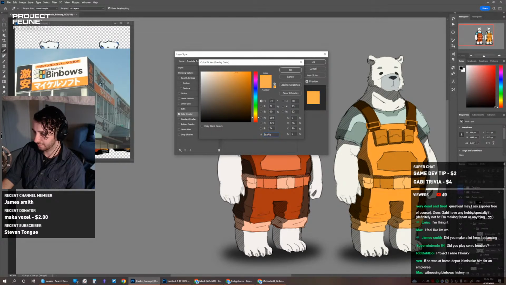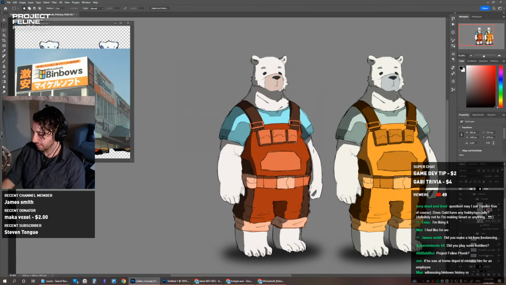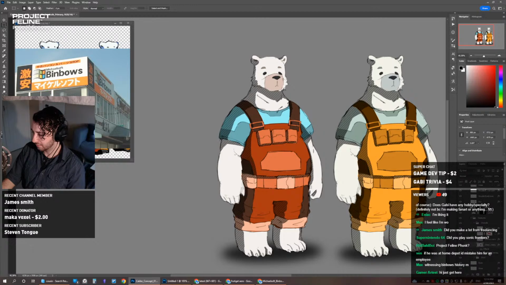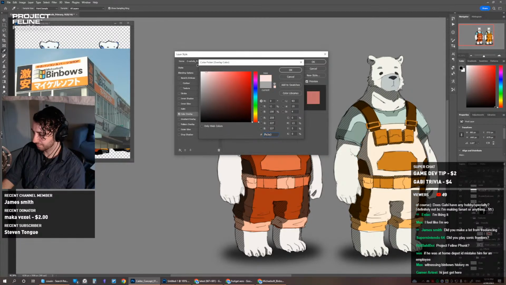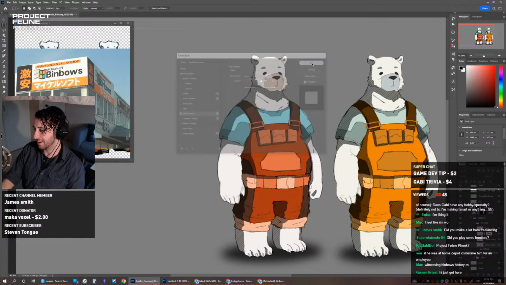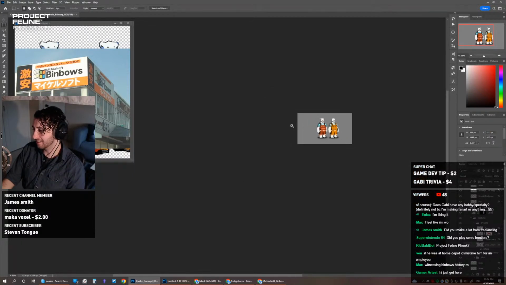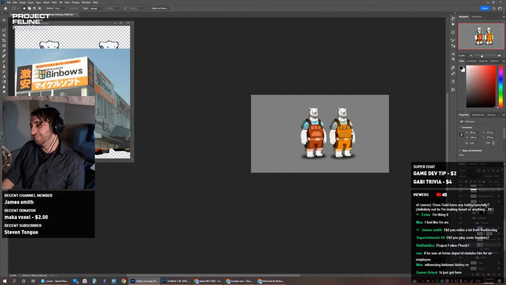Is that working? Okay, I think that's... Just need to make it, yeah, like that. Except if we turn off the color... Yeah, there's not enough contrast now, so I don't know.